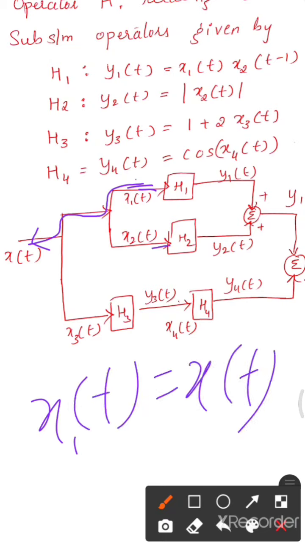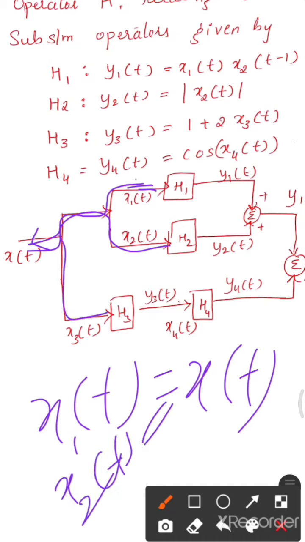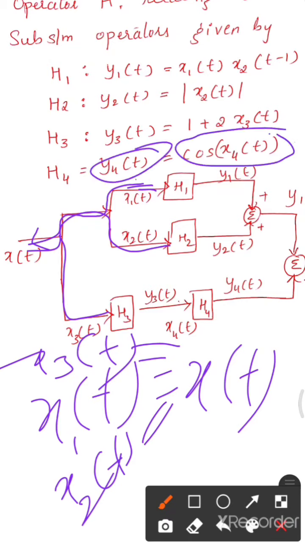Okay, similarly, what is x2? x2 is also x of t. x2 is also your x of t. Then what about this x3? Yes, x3 is also x of t. But what we have got here is, in the y4, it is x4 of t, whereas x4 is not equal